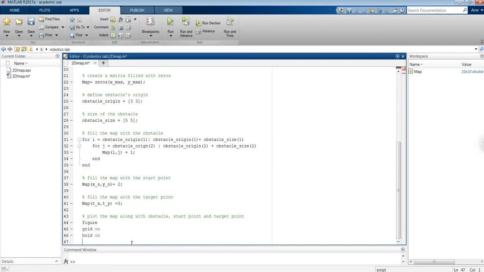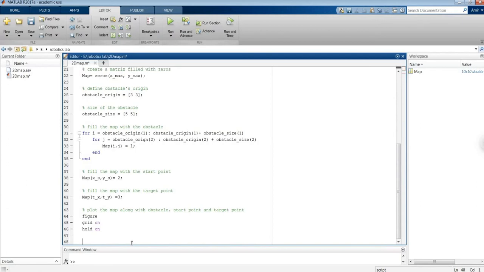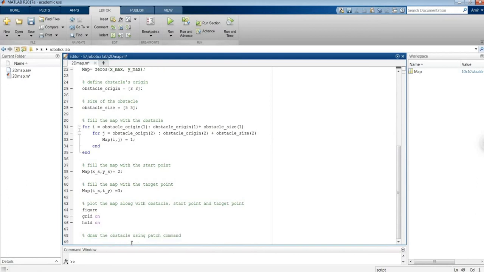Okay, so here we can say draw the obstacle using patch command. So this command is like this,